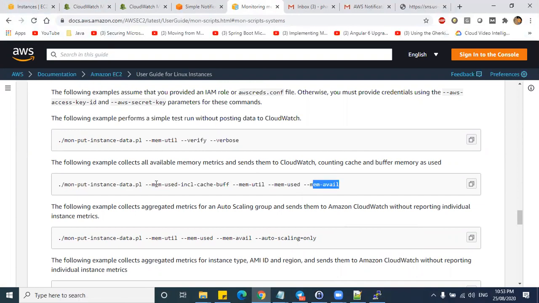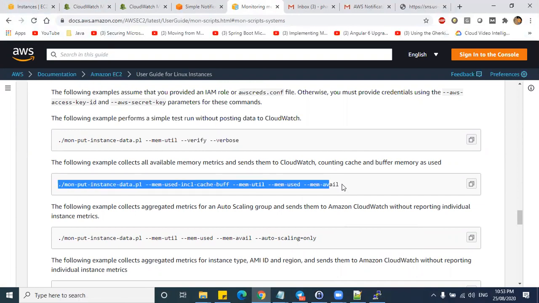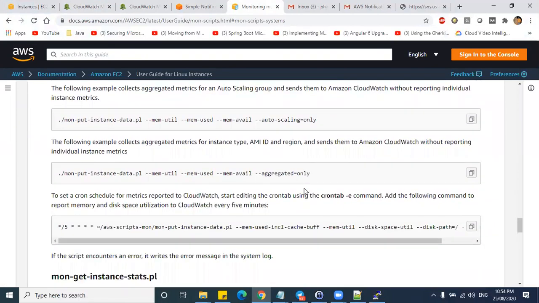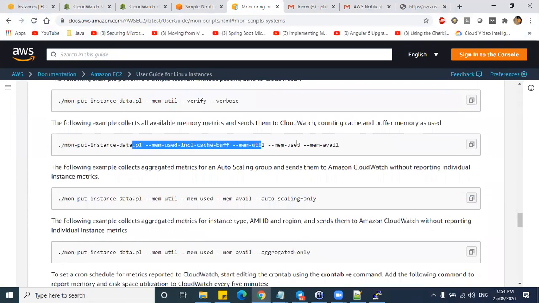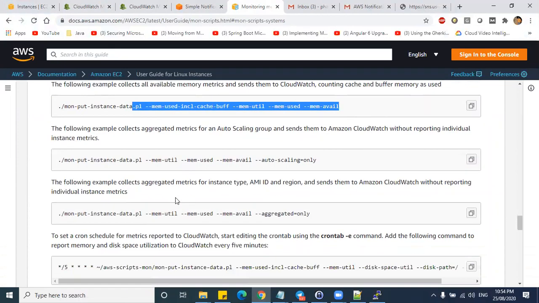But every time will you do this manually? There is a resource required. Every time we cannot come and execute this command manually. So what we will do is add this in a cron job, like every 5 minutes push this memory details to CloudWatch.